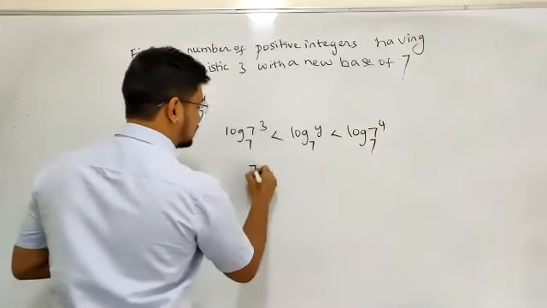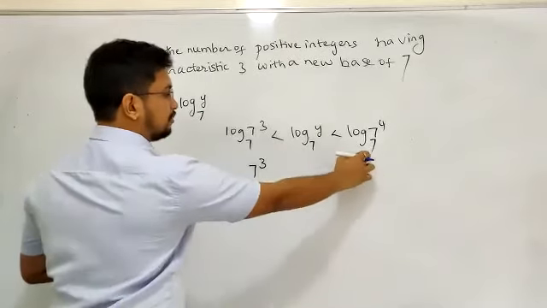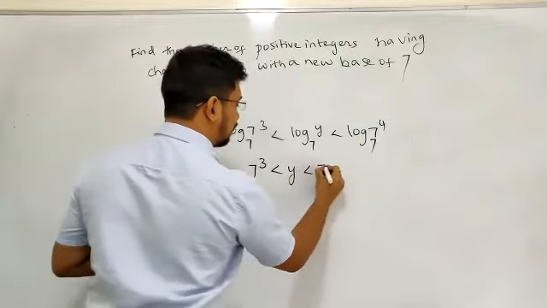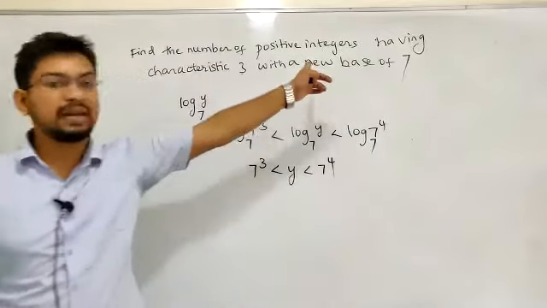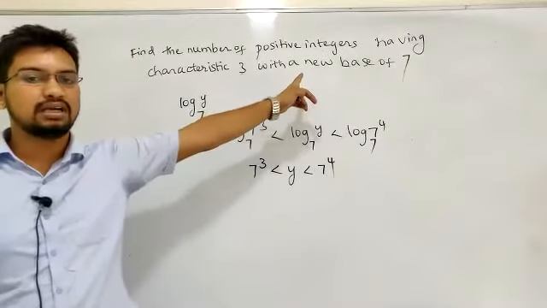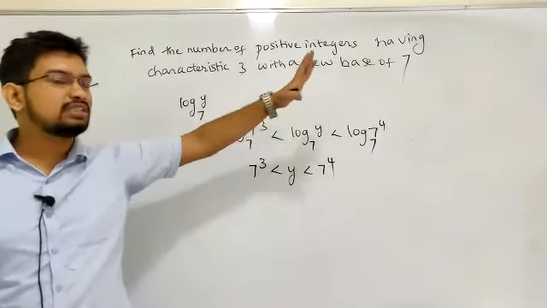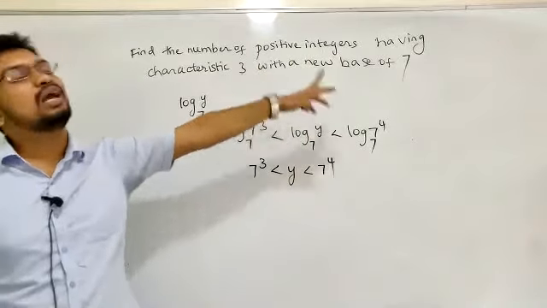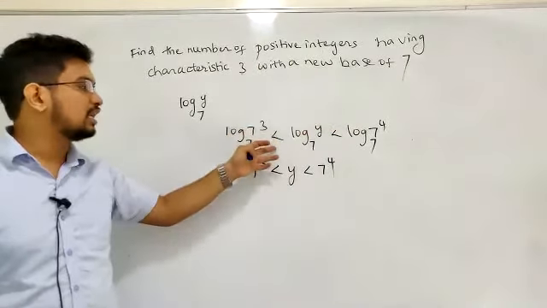So this 7 cube bases are same. Now arguments can be compared. You will be getting 7 cube is less than y is less than 7 power 4. కొత్త base అని చెప్పాను. This is a different ideology of question. I told you a new base. General గా మనం తీసుకుంది అంటే ఏం మెన్షన్ చేయనప్పుడు base 10 తీసేసుకోవాలి. That is our standard analysis. But I gave you a new base, so that is the reason I have taken consideration like this.